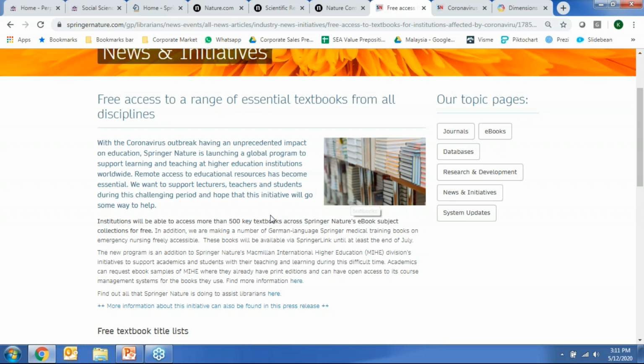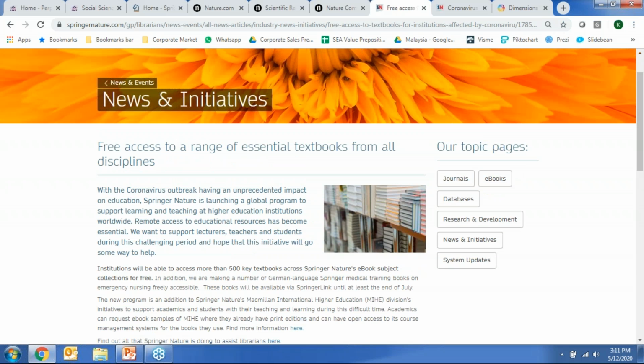And lastly, we've also made an initiative, because a lot of us are now forced to work from home, do research from home. If you are a lecturer or a student, you're probably facing difficulties with primary reading material, for example, textbooks.